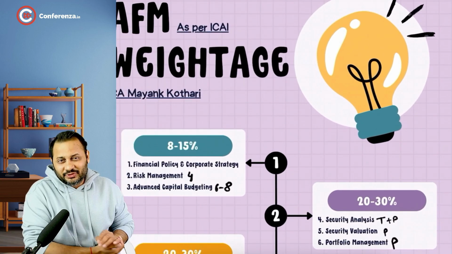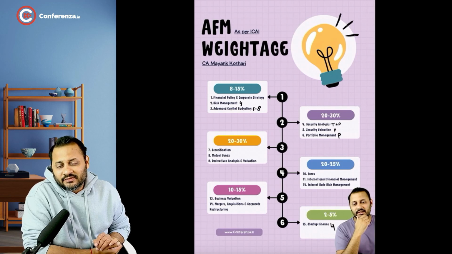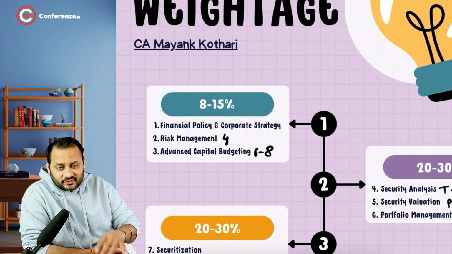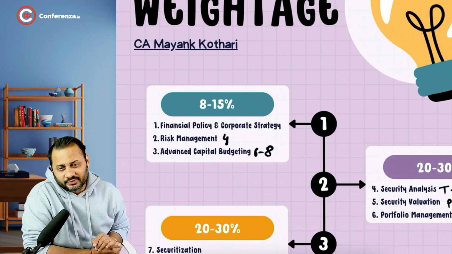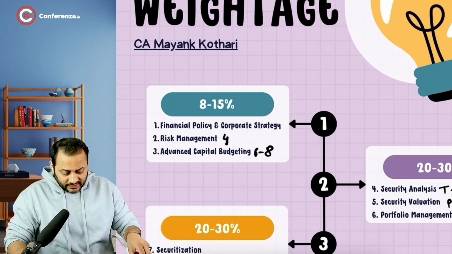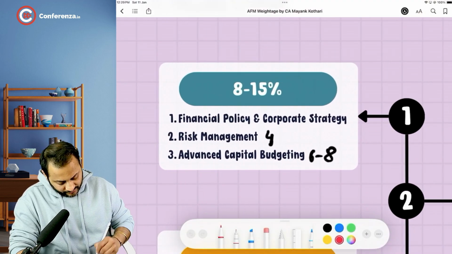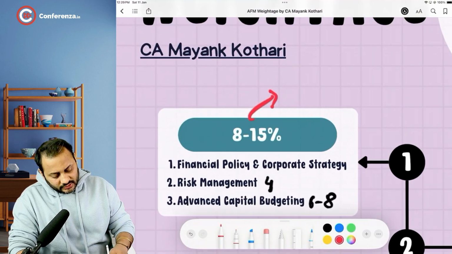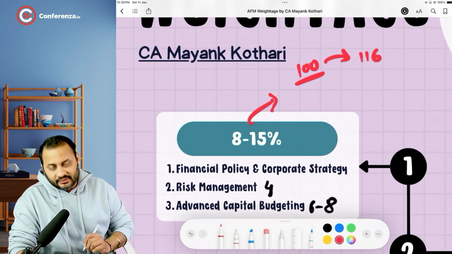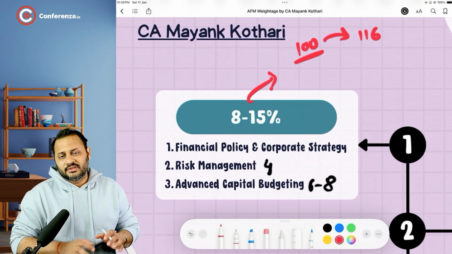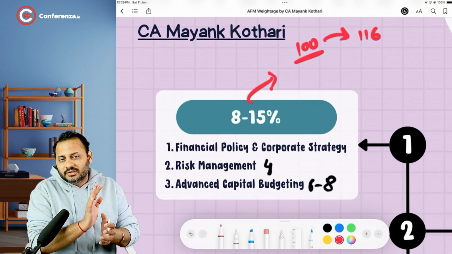This is according to the institute's syllabus, and you can see that there are 6 different sections that the institute has divided all the chapters into. The first section consists of financial policy and corporate strategy. The second chapter is risk management, and the third one is advanced capital budgeting. See, this entire section covers around 8 to 15% of the total marks. The total paper that you have to solve is of 100 marks out of 116. Okay, so 8 to 15%, you can say around 10 to 20 marks of the questions